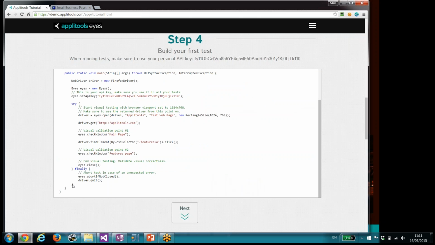That is right. You can use eyes check window to concentrate on the visual stuff. You also don't have to check entire windows. Just like you provide here to find element by CSS selector, you can provide smaller elements to validate. But as I explained in the beginning, this is what we see the majority